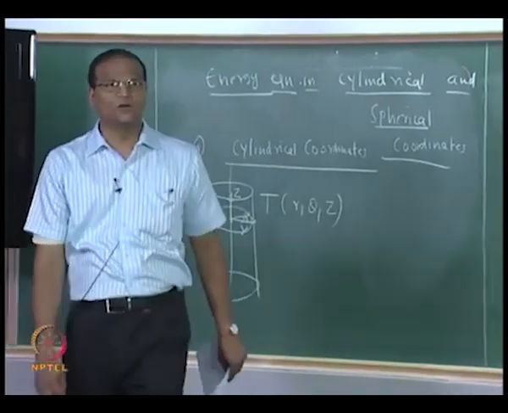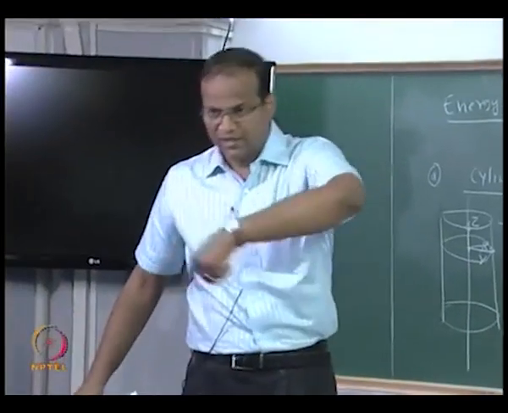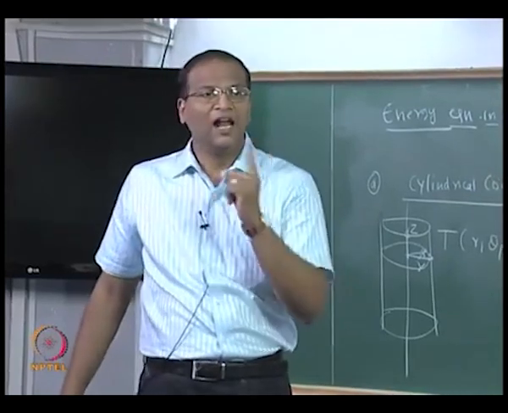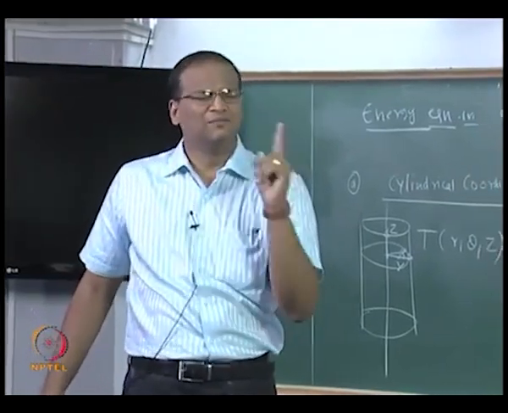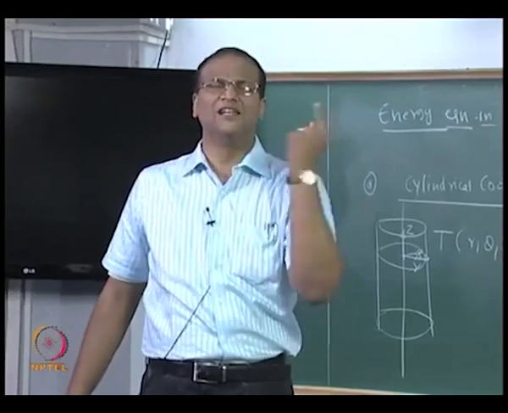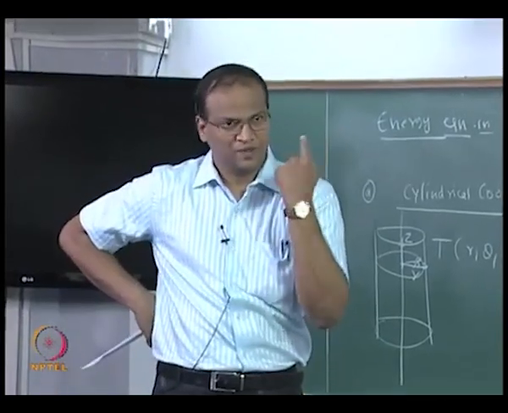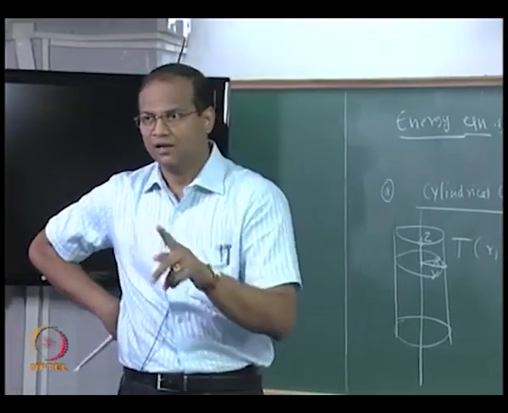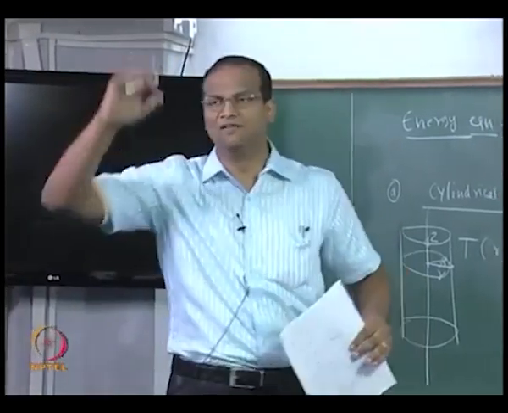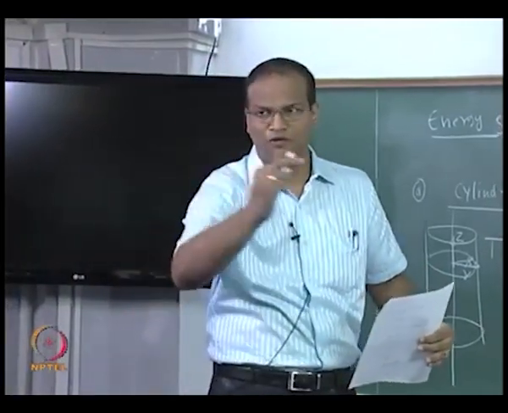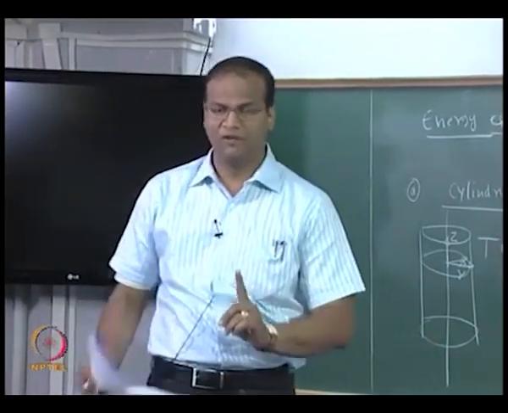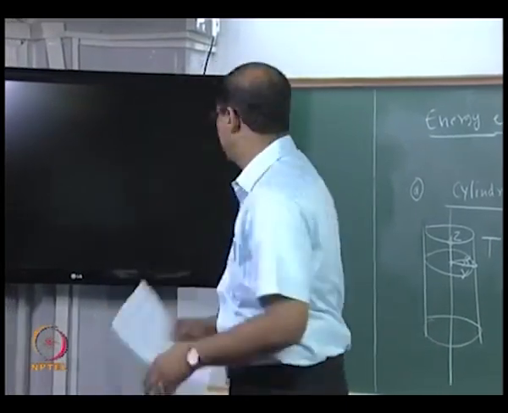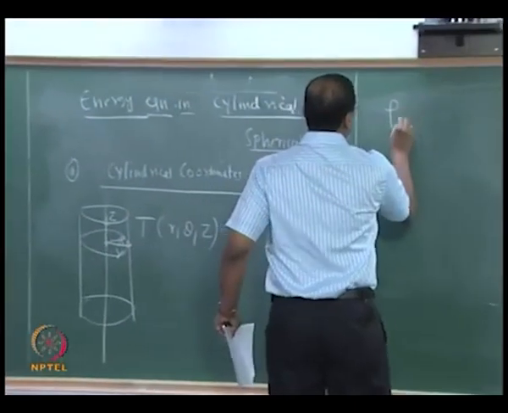It is called an r theta z coordinate system. Mostly, unless you have a circumferentially varying heat flux, T will not be a function of this angle theta, unless you have a special heat flux, sinusoidally varying or some non-uniform heat flux. Generally it will be uniform along the azimuth, but temperature will usually vary across the radius, and oftentimes it will vary with z also. So the governing equation for this will be rho Cp